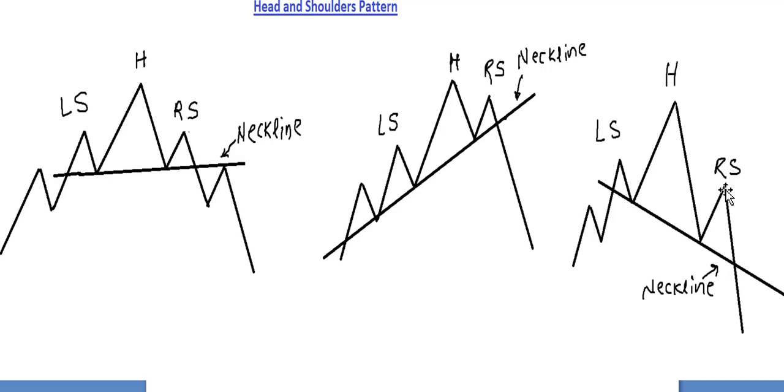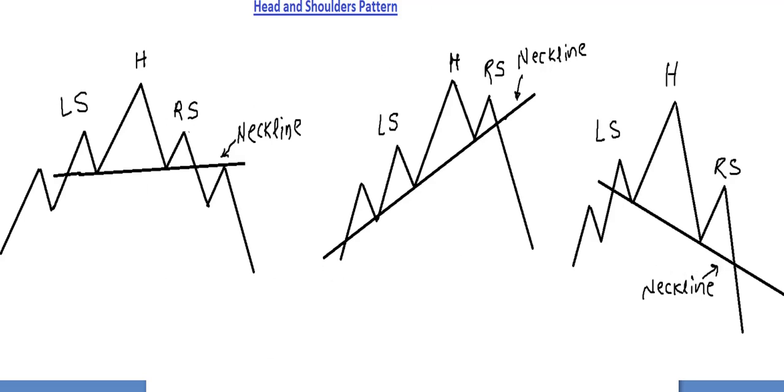This is the important property of the Head and Shoulders pattern. The right shoulder high should be lower than the head, and the left shoulder high should be lower than the head, right? Now you can see here, this low is lower than this low, and here this low was higher than this low, right? When this low is lower than this low, we get a trend line that is tilted towards the downside, right? And such a pattern is a very strong bearish pattern. We can enter at the break of this trend line, at the break of this neckline, right? So these are called Head and Shoulders patterns.